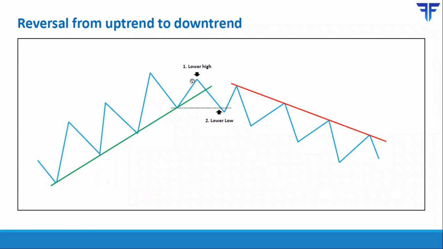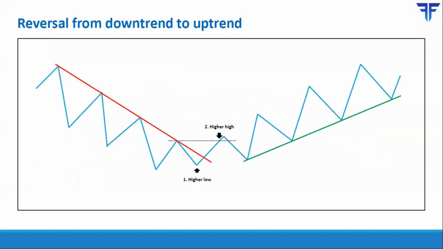So that's the first sign that maybe the uptrend is in a pretty advanced stage. As price failed to cross the previous high, you have first signs of trouble. Confirmation of a change in trend comes when price breaks the prior low. So when you have the first sequence of lower high and lower low, that is when you get confirmation that this uptrend has ended and possibly the downtrend has started. So this is what a reversal from uptrend to downtrend looks like.